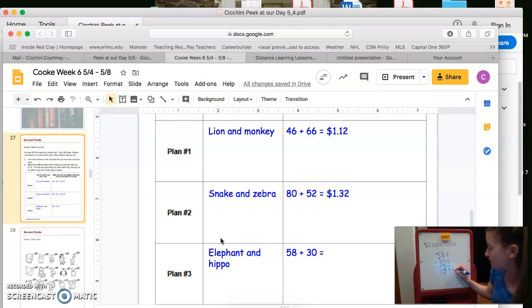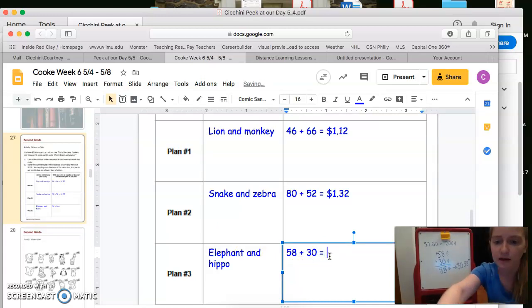So if I were to do that in dollar form, I would start with my dollar sign, but I don't have any dollars. So I'm going to put a 0, then my decimal point, and then 88 to show 88 cents. So this 0 shows that I do not have any dollars, or I did not spend any dollars. So I'm going to type that in. Dollar sign 0,